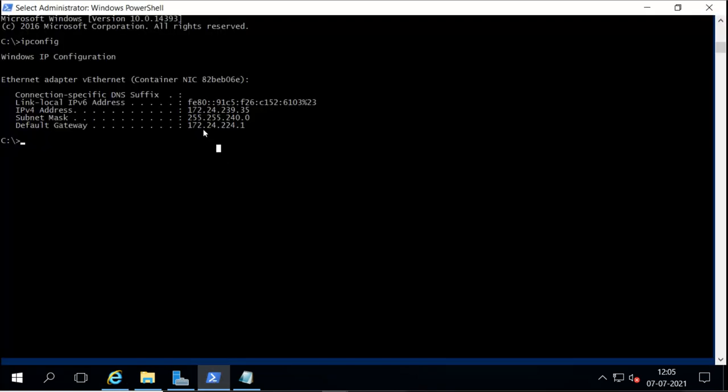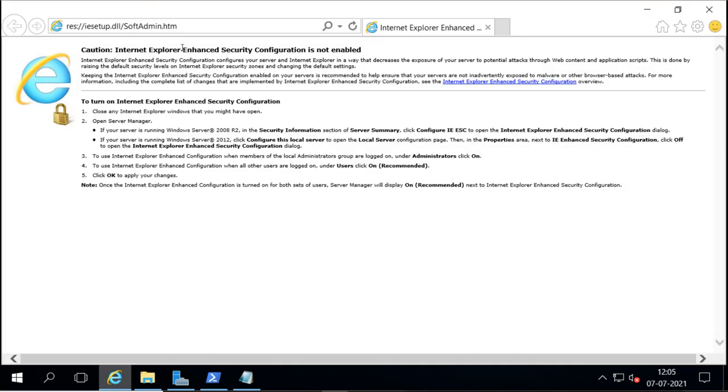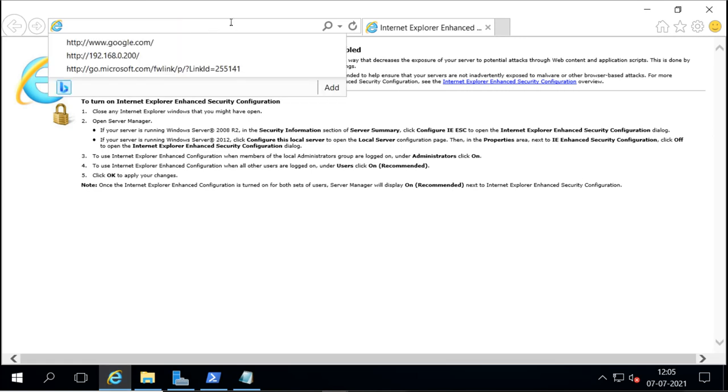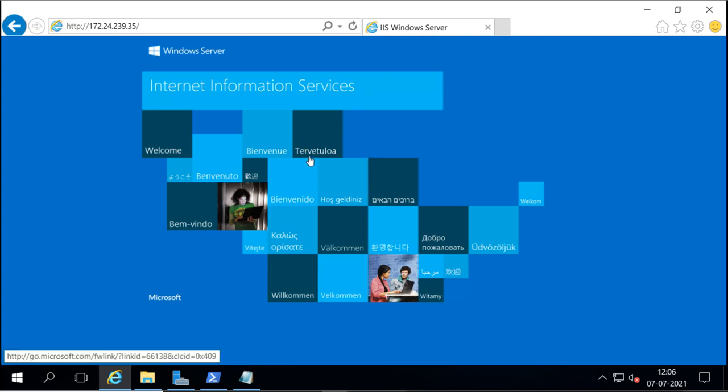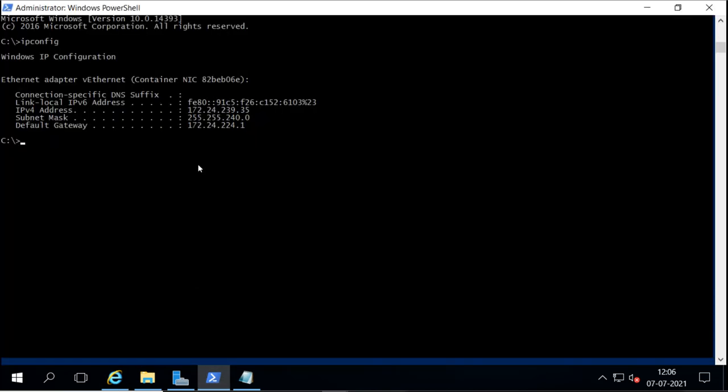The container's IP address is this, and I will use that IP address here in the browser, and we can see the web server default page here. This is the default page for the web server. So this web server is actually coming from the container that we have started, whose base image is a nano server image, and that nano server is with IIS services.